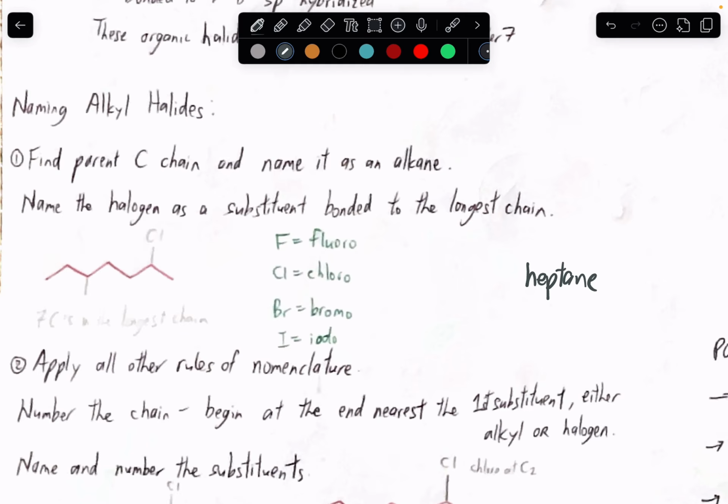There's another policy. It's not here, but when you see a substituent that's closer, right now we see a substituent that's closer at the right side. So C1, C2. If we counted from the left, C1, C2, C3, only by the third carbon will you see a substituent. So ideally you prefer this,